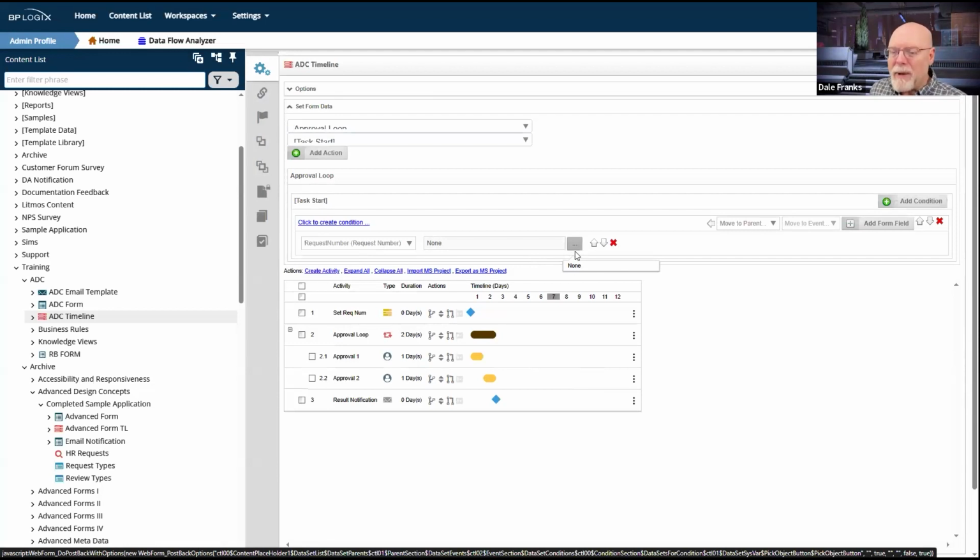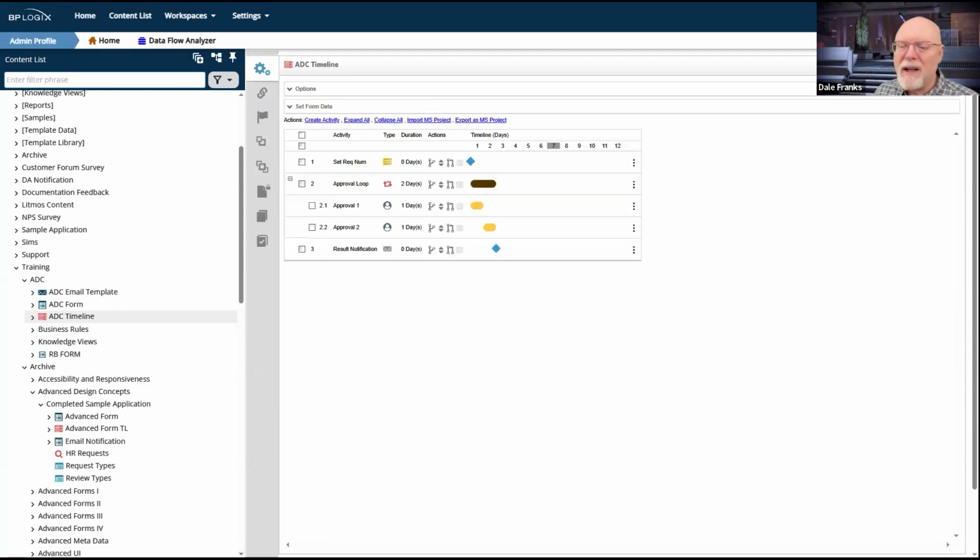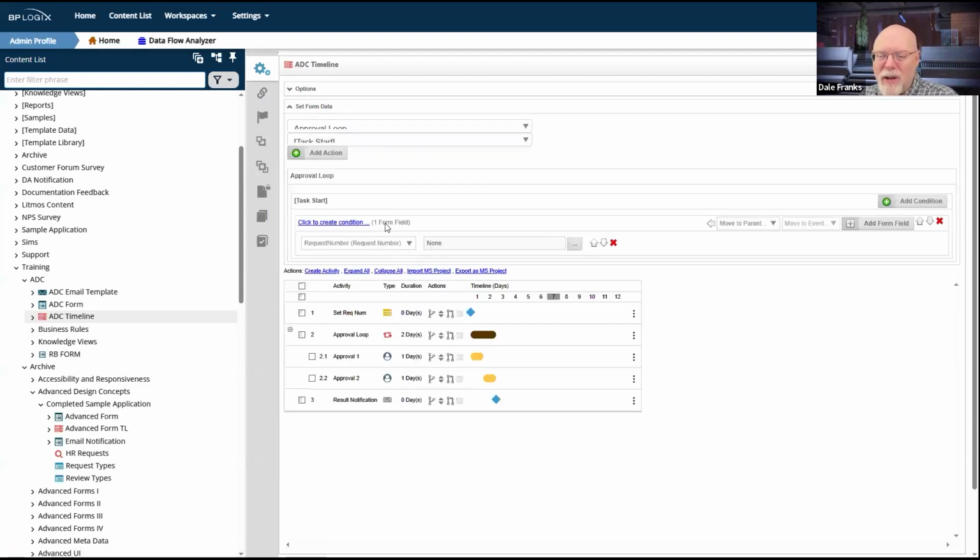I don't like it because it's kind of hidden. It's hidden here in the set form data section. By default, it doesn't show up. So it's not immediately clear to me if I set it in set form data that I'm actually doing it on the task start for the approval loop activity. And of course, if I did it this way, I would just remove the set request number activity entirely.